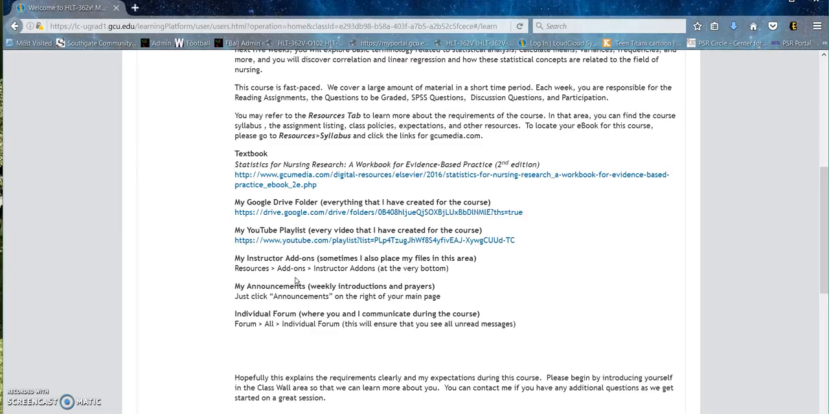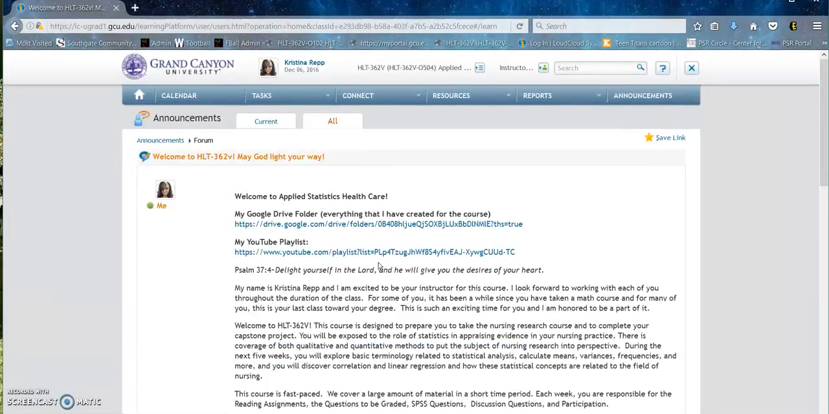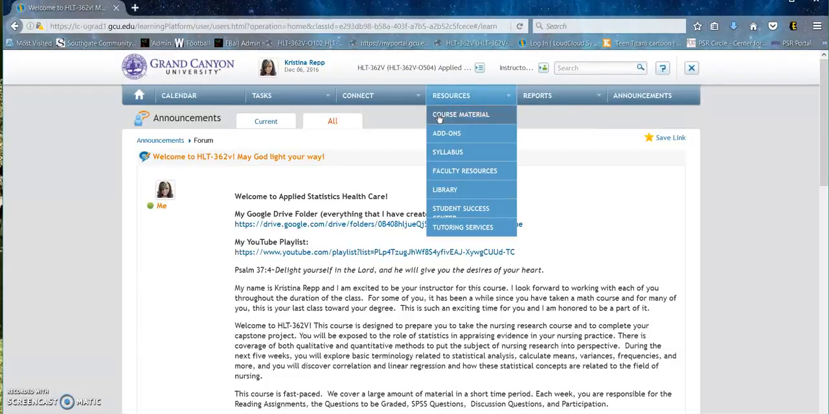In here I wrote, to get to the add-ons that I provided, you can go to Resources, Add-ons, and then click Instructor Add-ons. Yours is going to look a little different than mine because I'm the instructor, but it is in this area right here that I'm saying. All of the add-ons that I provide are also found in this Google Drive folder. This is going to be your go-to location for anything you need in this course. I've tried to make it simple so that everything that I think you might need can go in that one spot. So back to the course material then, if you go to Resources, Course Material,